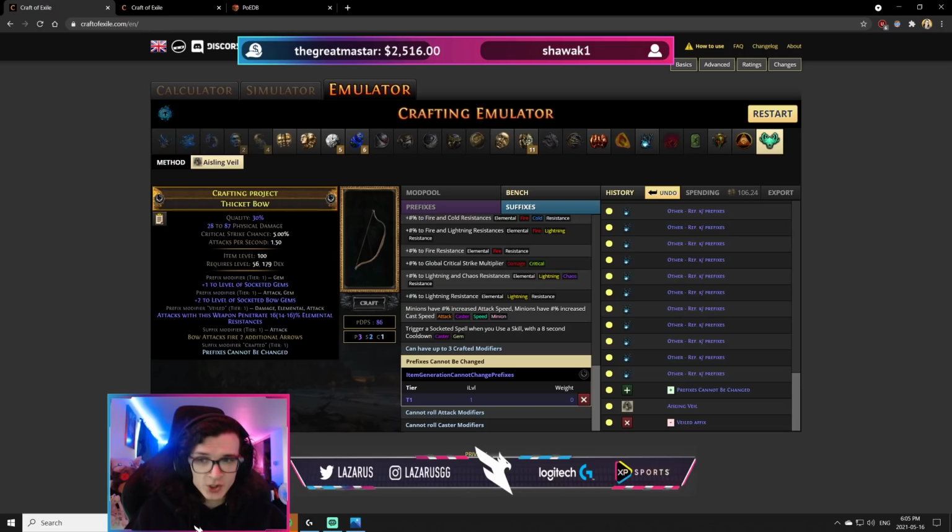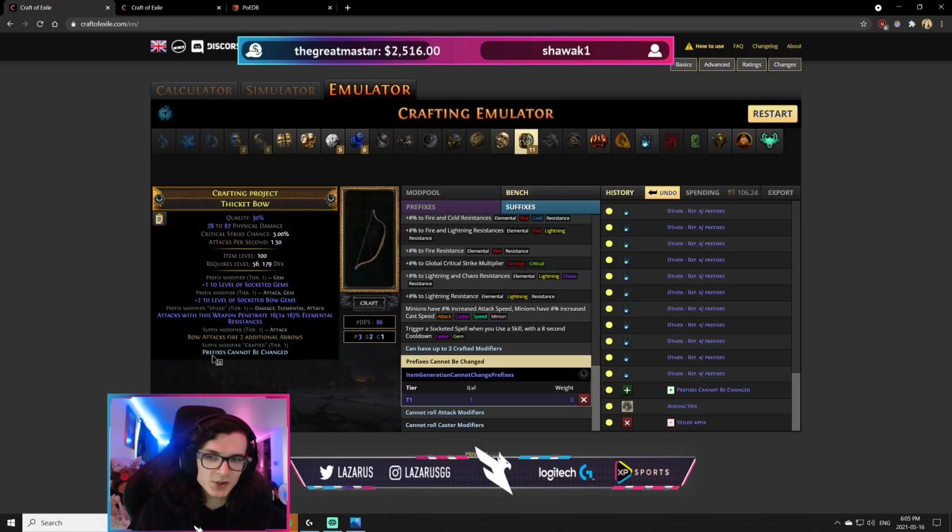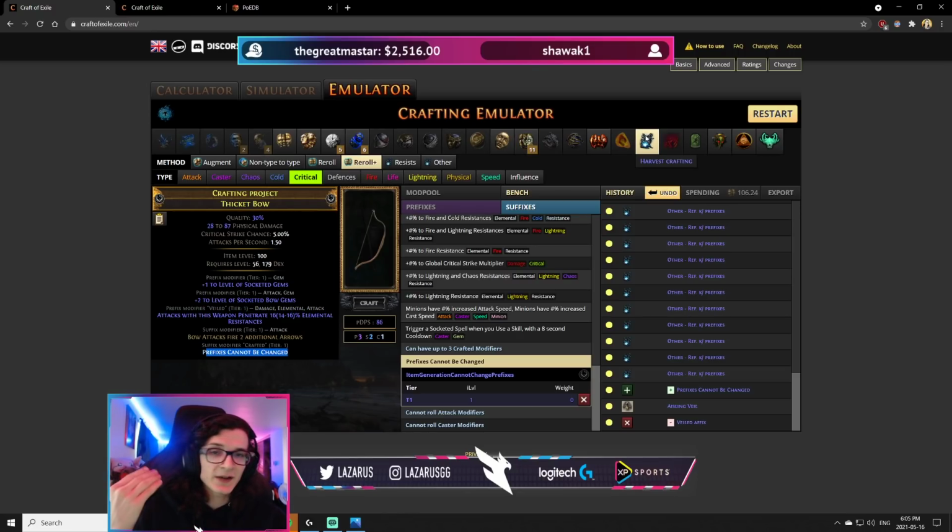But with this strategy, since we get one of the unveil, we can actually use the Veiled Chaos Orb to basically guarantee a second veiled modifier for very, very cheap. Essentially just the craft prefixes cannot be changed, which you would be putting on anyways. The advantage of this over something like the Reforge using Harvest is that the Reforge using Harvest can,